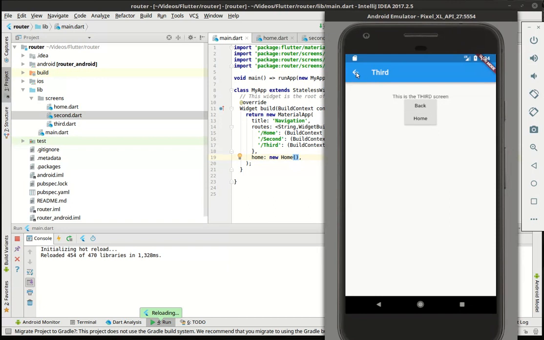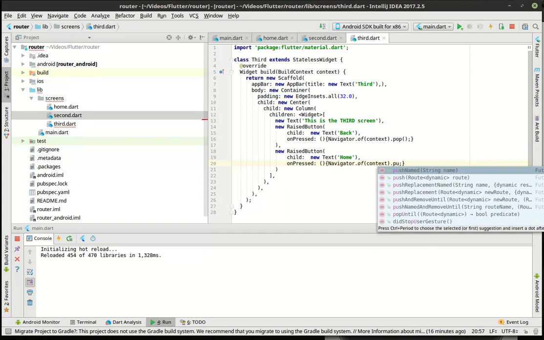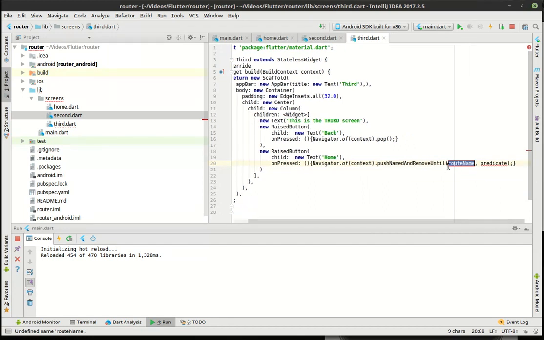Well, let's say we want to get rid of that arrow. Then we need to do something a little bit different here. So what we need to do is let's go back into third. And instead of push named, what we're going to do is we're going to dot, and this is a little bit of a long one. It's called push named and remove until. Wow, that's a long one. So what this bad boy does,